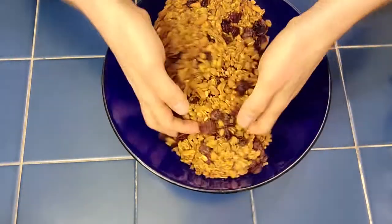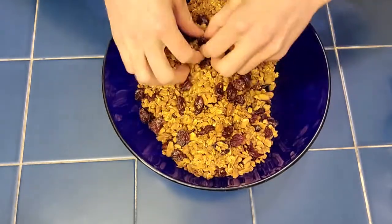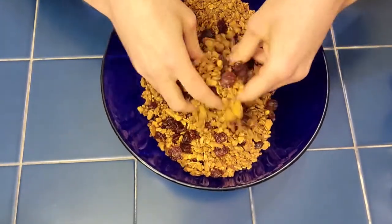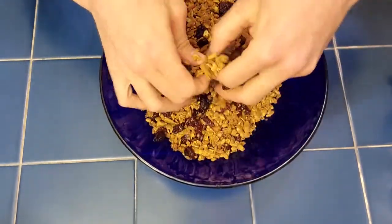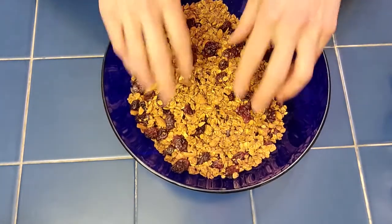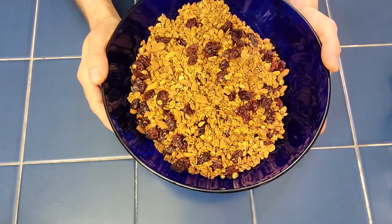Get it all mixed in. See, I'm pulling them apart when I see them stick together because that way they get evenly mixed all through the granola. Great, that looks perfect. Now that that's finished, we can go ahead and pull out our yogurt and